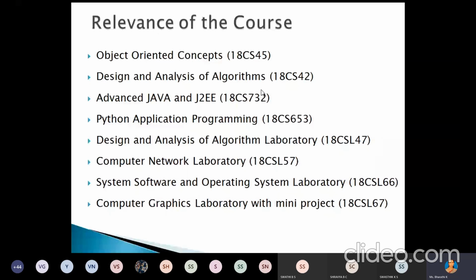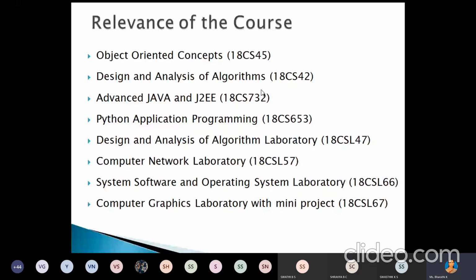Almost all program-related subjects are based on this data structure subject. There may be different programming languages, maybe C, C++, Java, Python, or .NET. In all these programming subjects, we are using data structures. Maybe the representation is different, but we are using them.